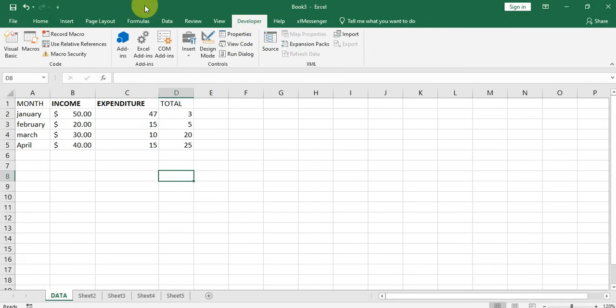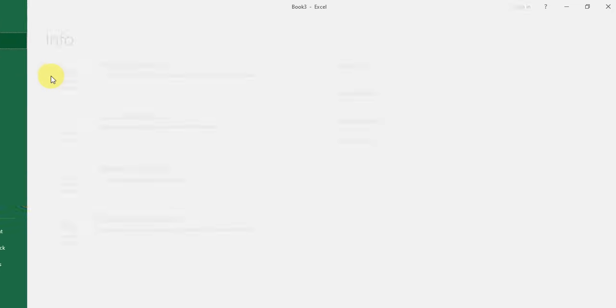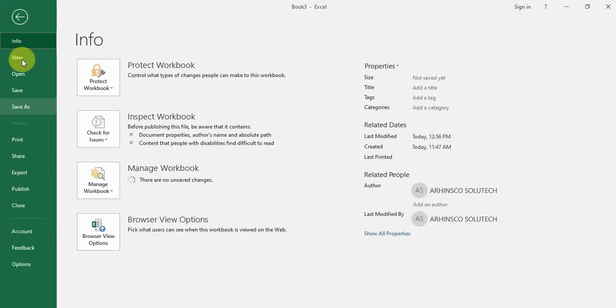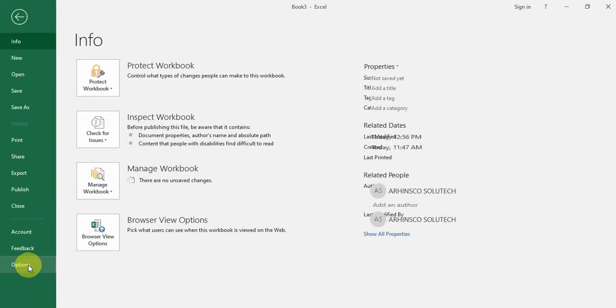If yours is not showing, you just have to come to File here. Let me demonstrate it here. You just have to come to File, you go to Options,